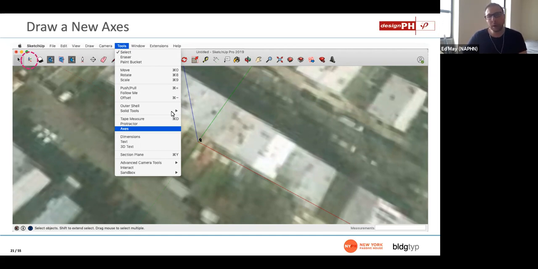So once you've brought in your base map file, the next step that we like to do is use the axis tool. You can either deploy it from the floating toolbar up in the upper left there, or you can go to Tools and click Axis. And in order to use it, it's quite straightforward. You specify a new base point,